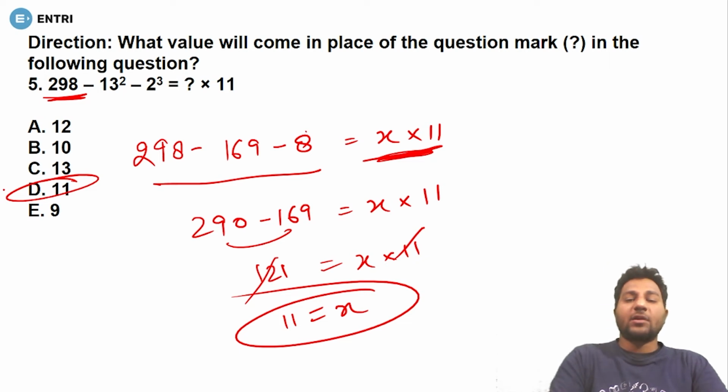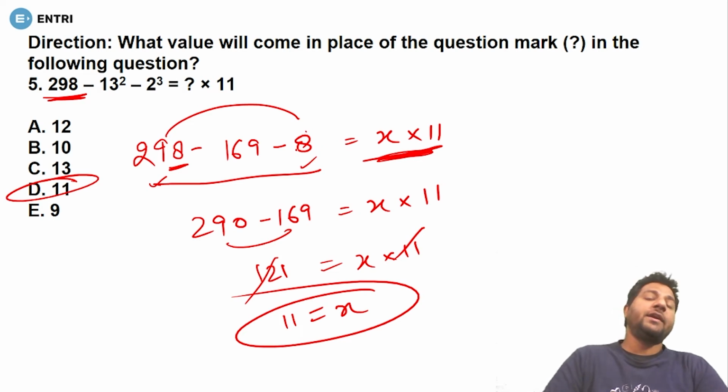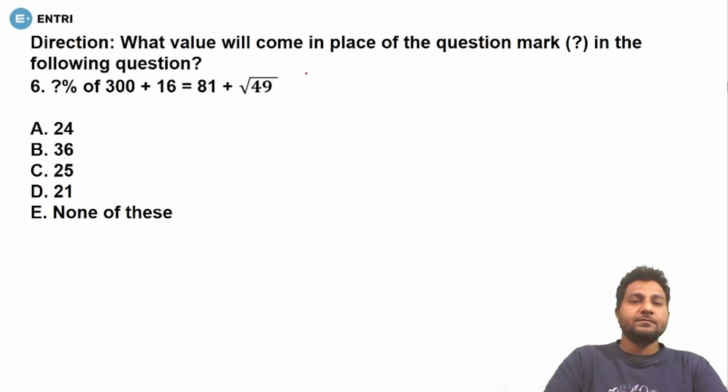So it is a good question, but you just need to solve it according to you. Look at this. Why have I chosen 8 over 169? Because we can clearly see that its unit digit is 8, and already the number 8 has been given in the form of negative. Okay, next,